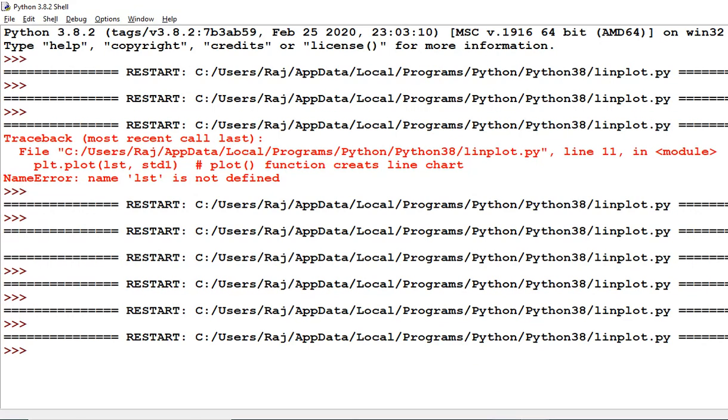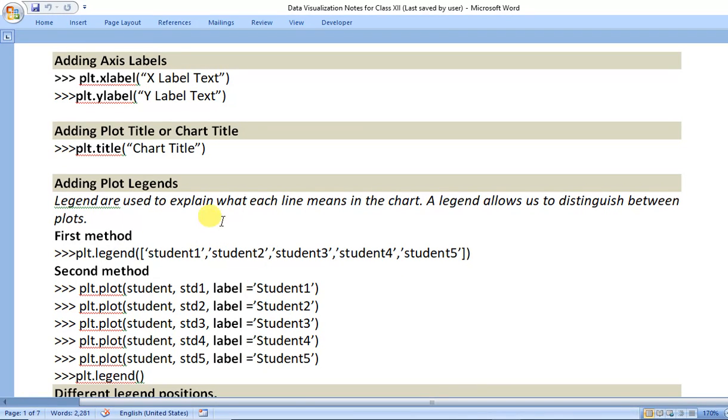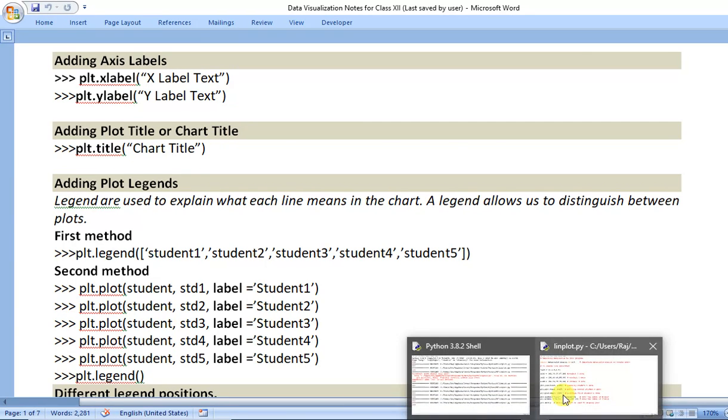So in this way you can add the labels in your plot, and now adding a plot title or chart title. plt.title and then you can set the chart title.